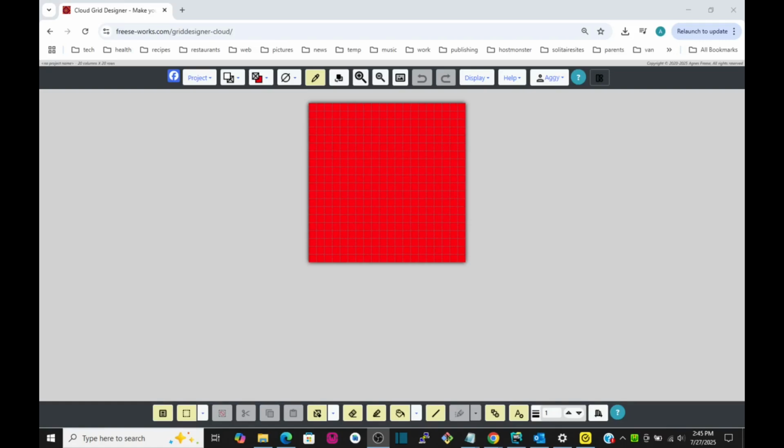Okay, in this video, I'm going to show you how to use the Grid Designer digitizer to scan in a previously printed project. Let's say that you had printed a project out and then somehow the project got deleted and you don't have anything but the printing of that